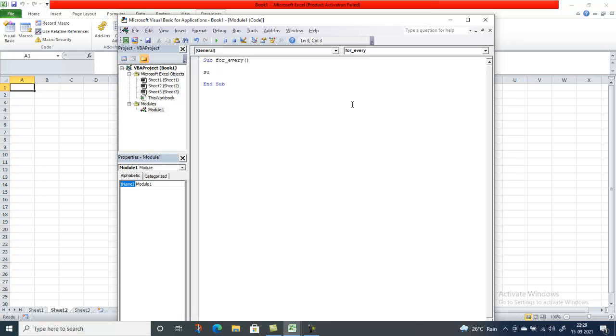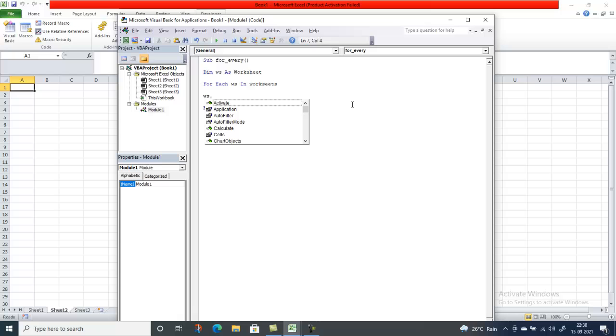We will use a For Each loop to achieve this. Name WS as Worksheet, and for each WS in worksheets,